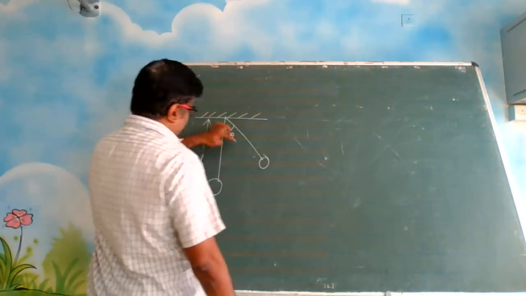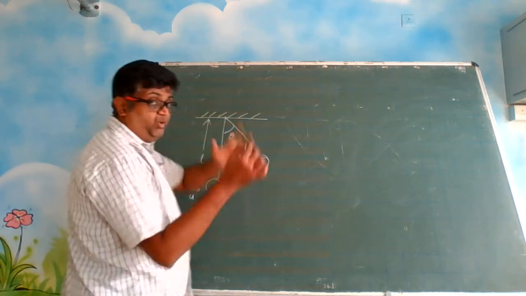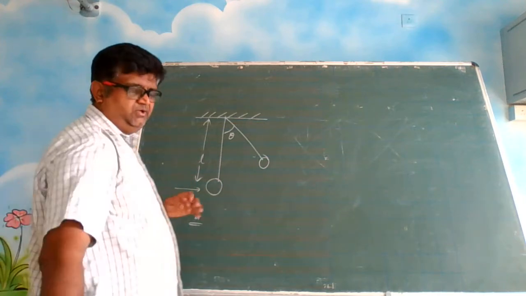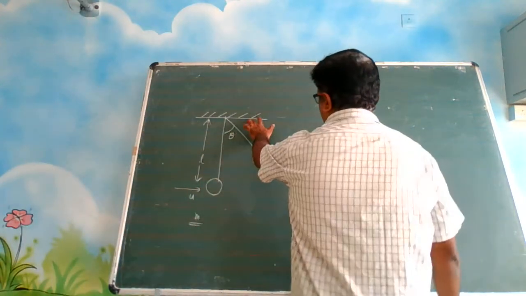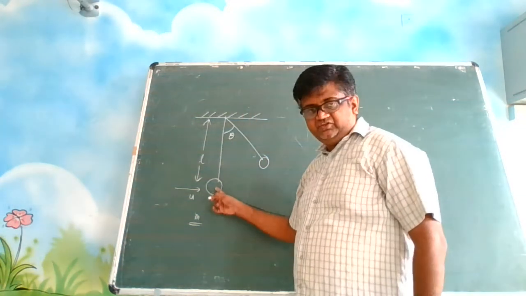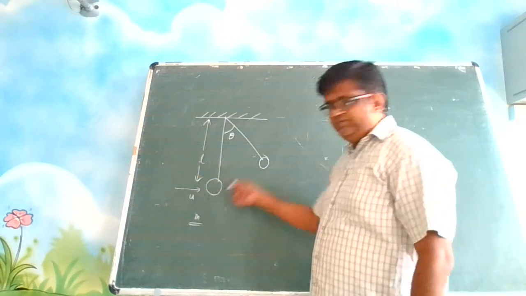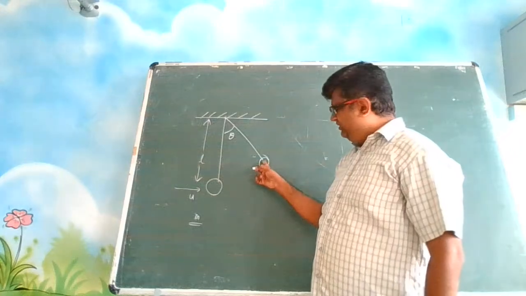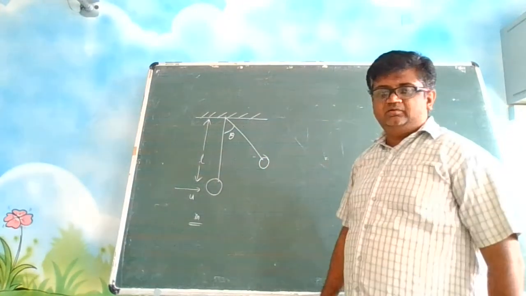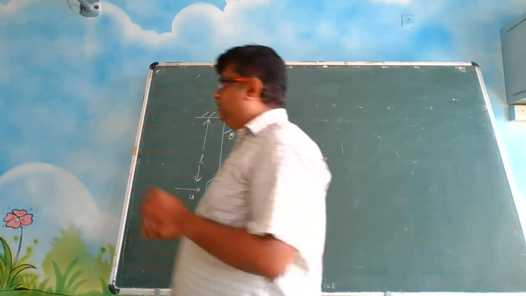So when it is making angle theta with the vertical, what is the speed? It has got a mass m. What is the question? There is a pendulum bob of mass m. This is the lowest position. It has been given a tap with speed u. Obviously it will rise. It reached this position. And the question is, what is the speed over here, making theta with the vertical? So how to do this?